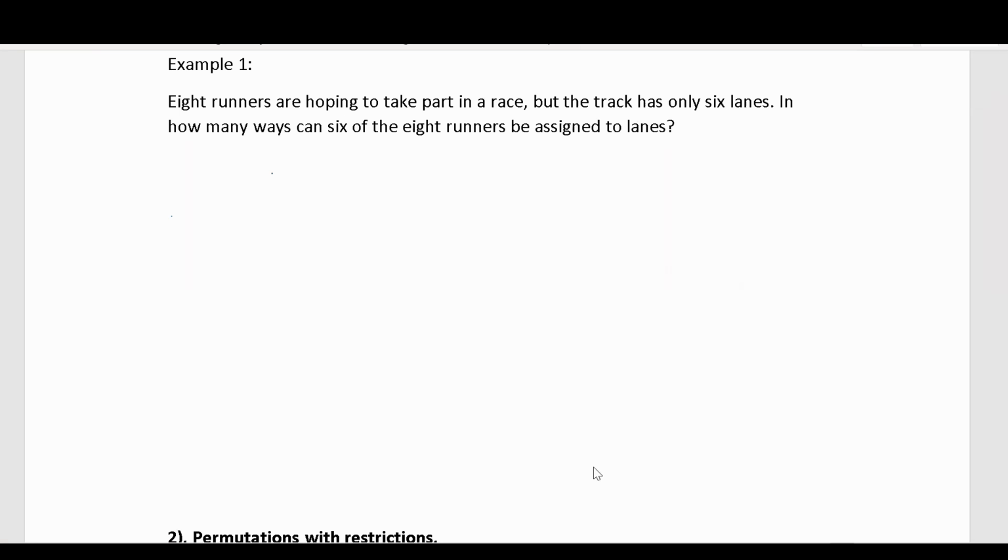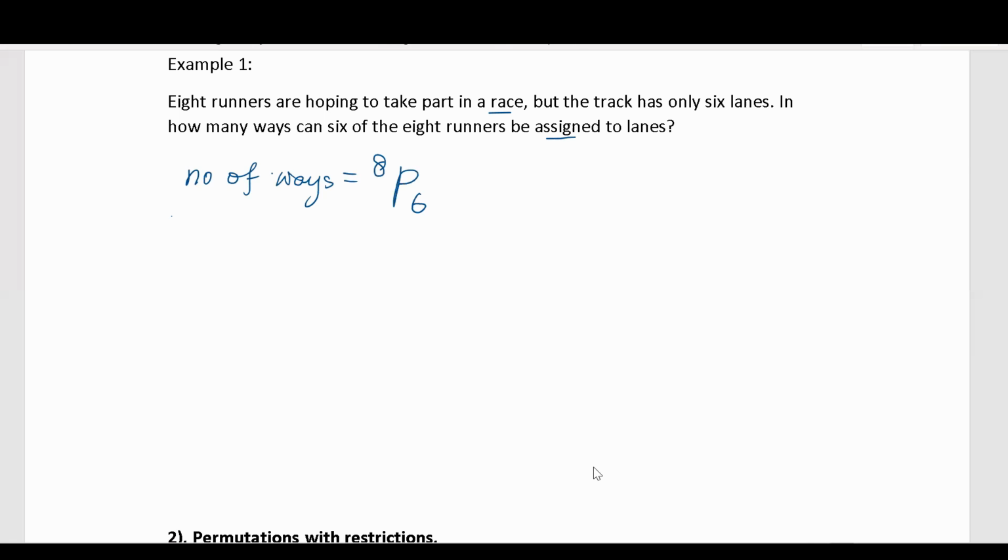8 runners are hoping to take part in a race, but the track has only 6 lanes. In how many ways can 6 of the 8 runners be assigned to lanes? That means we are talking about arrangement. Hence, the number of arrangements is given by